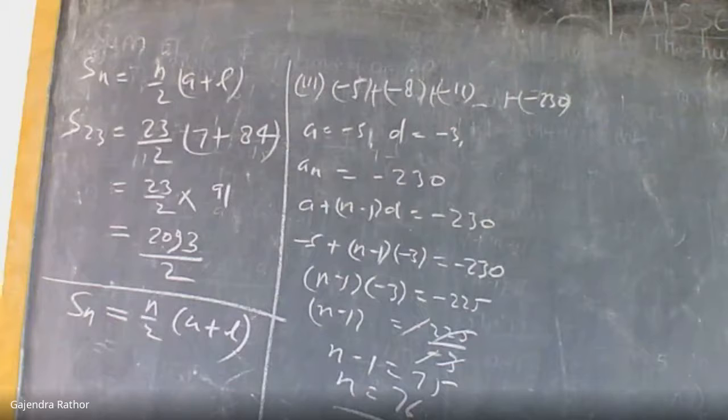I think the correct answer is 8,930. Yes, so I think this is the correct answer. Most of the options replied with the correct answer. Very good, all of you. This was the last question of today's class. So if you have any doubt, you can kindly ask your doubt regarding today's class, regarding the first and second question, finding the sum of AP up to n terms. Anybody else, kindly ask me.